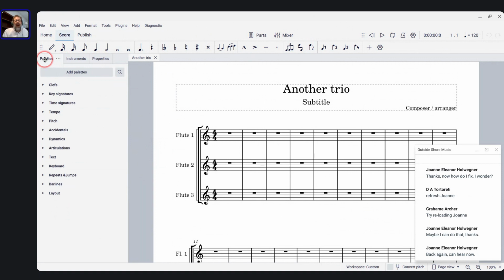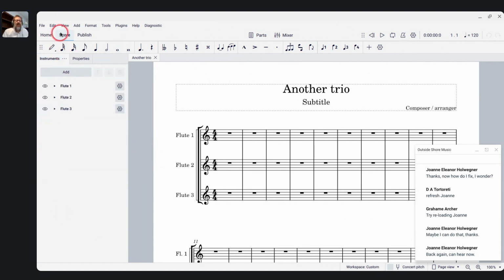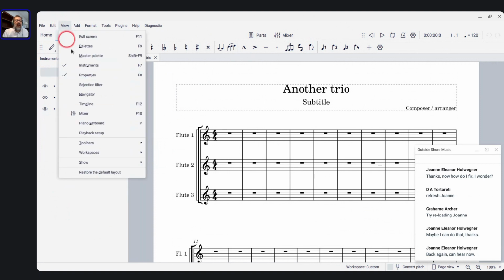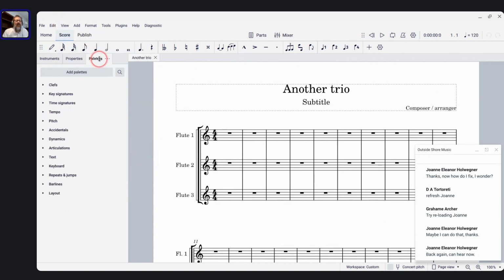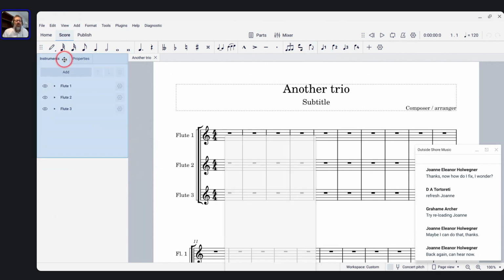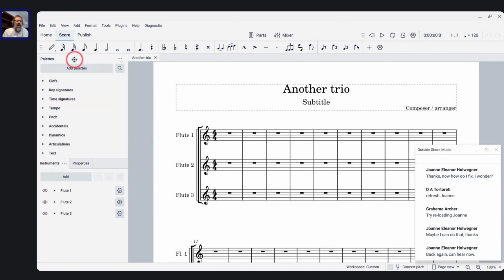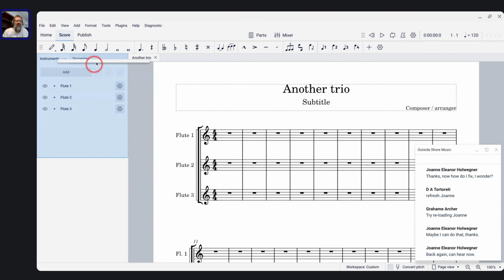So that is why I had closed each of those. In the menu for the palettes, you can say close it, and it goes away. And then you can come into the View menu and reopen it, and now it's back, right? And then you can also change their order by dragging them around, and all sorts of customizations of that I